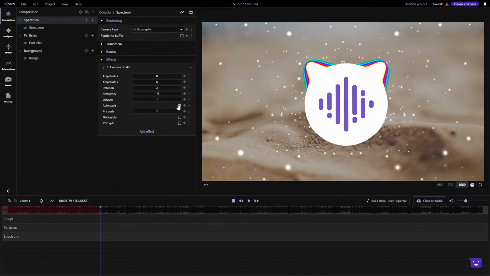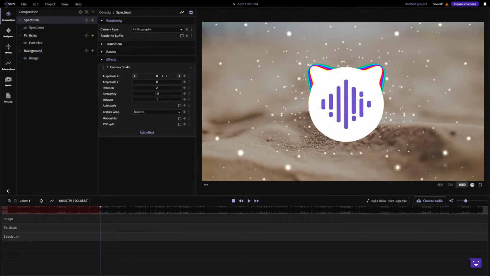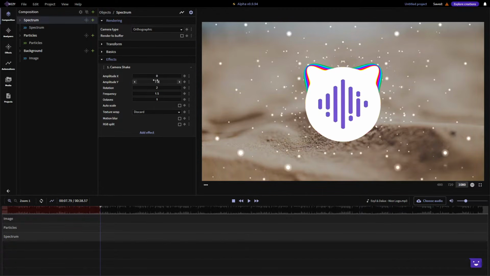Let me just disable autoscale because autoscale introduces some aliasing and it looks really weird and low quality. It might be useful for stuff like backgrounds, for example. So let's turn it off, and so we don't have to worry about that. And now we go and zero everything. Actually, let me set this to 12.